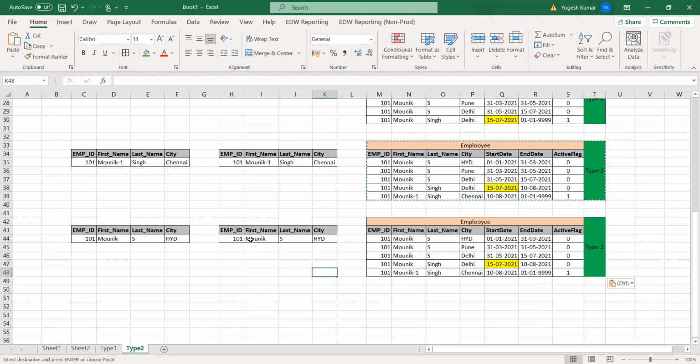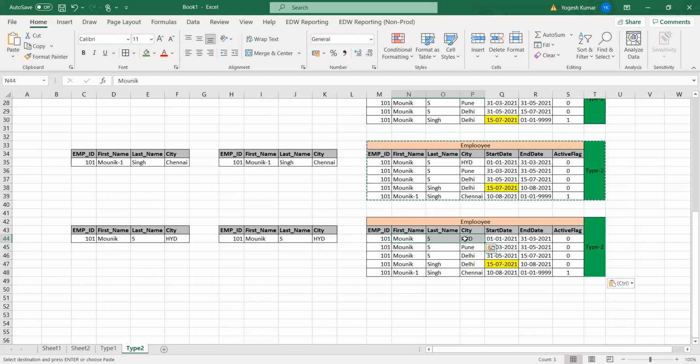Now you can see whether there is any change in the record, like Monique as HYD. Monique as HYD already exists. Then what will happen? Only the date will change.